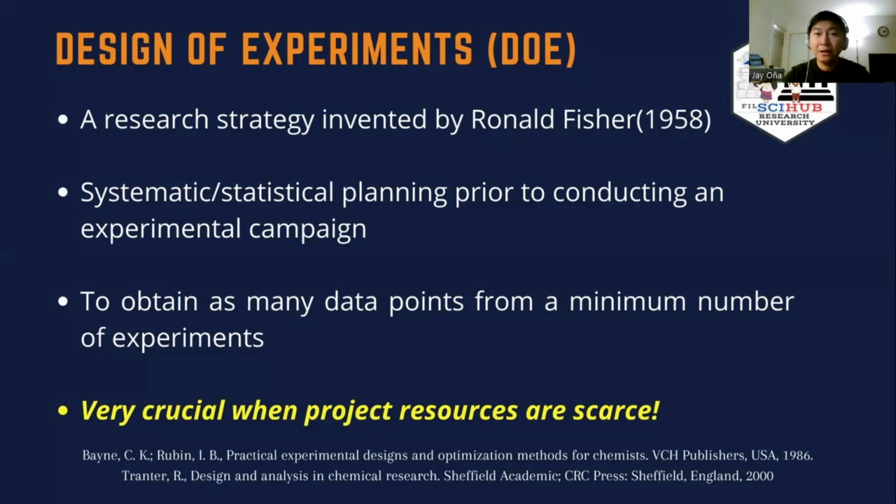We try to narrow down the number of experiments, especially when the project resources are scarce, because we are very familiar with this when we're trying to squeeze in a certain budget for our research project. So we try to optimize the number of experiments so that we can obtain as many data points as possible. So the way this is done